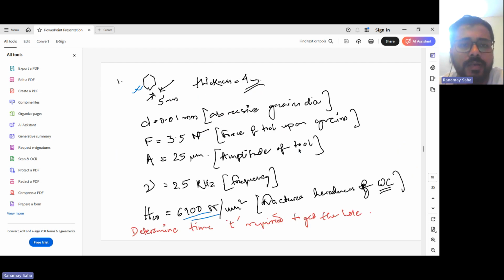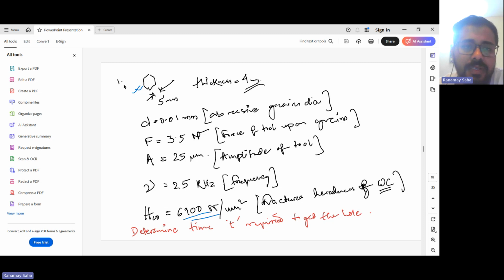So proceeding ahead, let's see one question of ultrasonic machining. I'm not going into the derivations and formulations. You know all those things from your regular class lectures. Let us take a slightly twisted question in which the shape of the hole to be machined is a